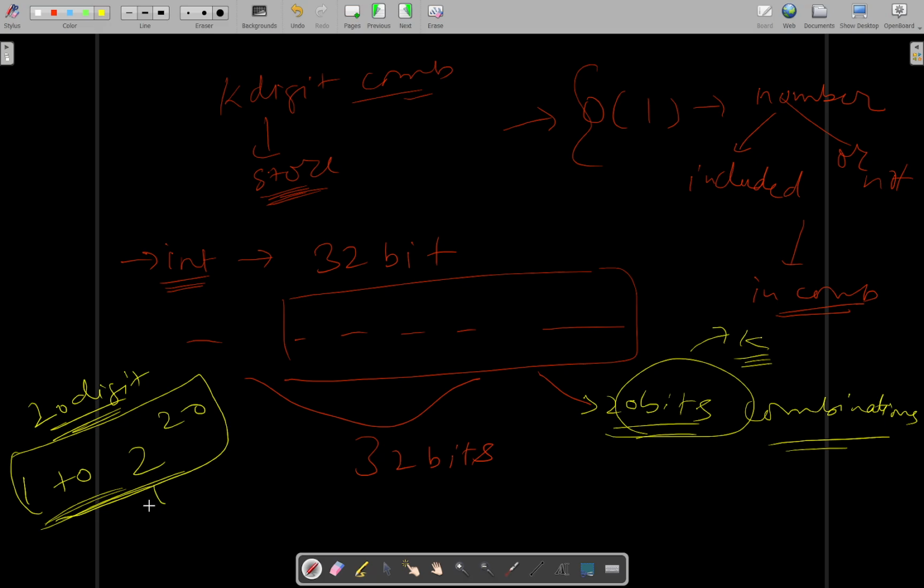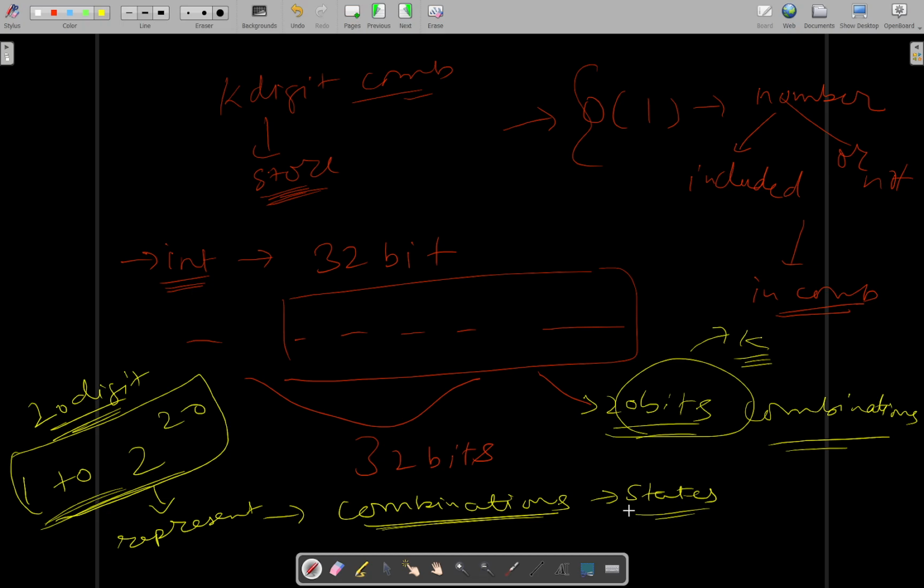The numbers from 1 to 2 raised to power 20 can represent combination states. Let's call them states. Different combinations, we are calling them states. So numbers from 1 to 2 raised to power 20 will represent them. What we have to do is we will check for numbers from 1 to 2 raised to power 20, and if,